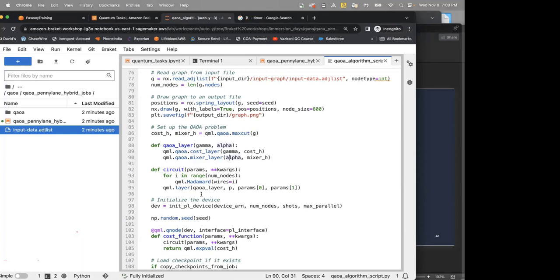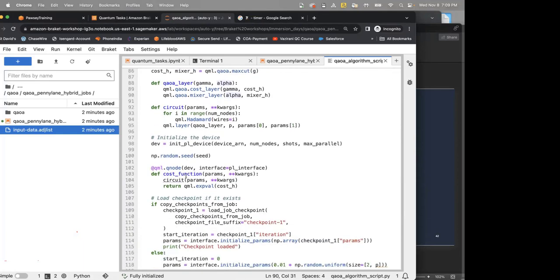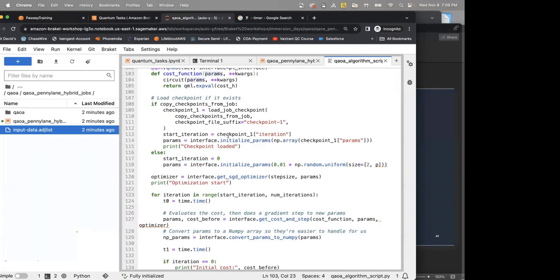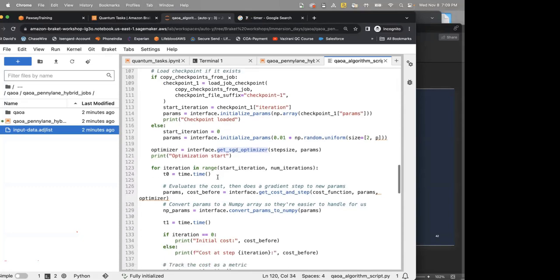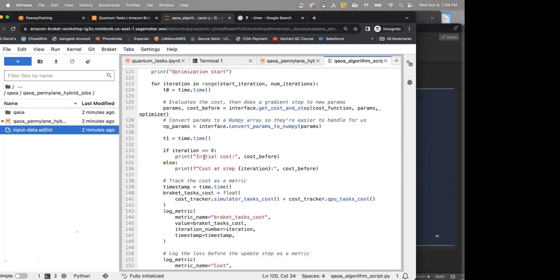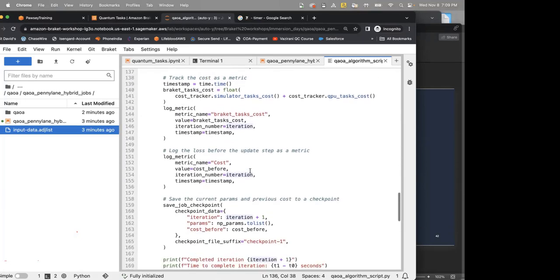Then you build a circuit, and run this circuit multiple times by defining a cost function. This goes on for a certain number of iterations as you start the optimization. Here, a stochastic gradient descent optimizer has been chosen from the interface, which I will explain in a little bit. At each iteration, we can look at the initial cost and the cost at each step.